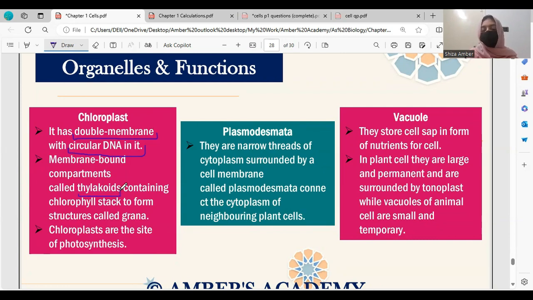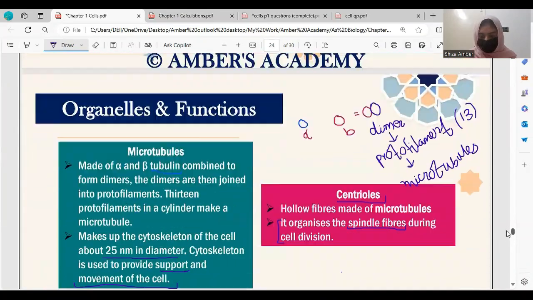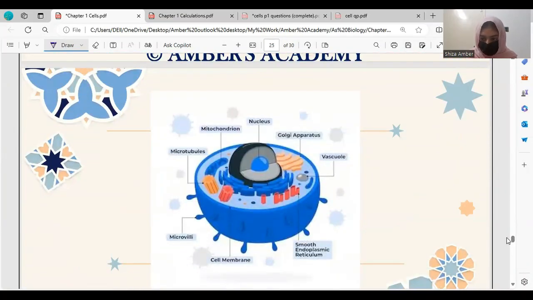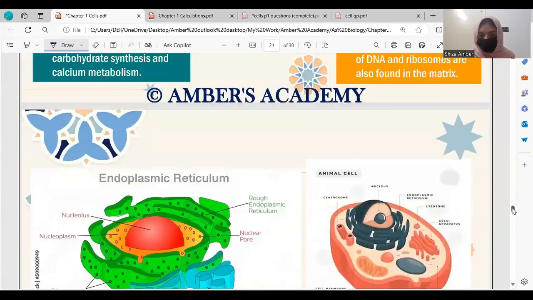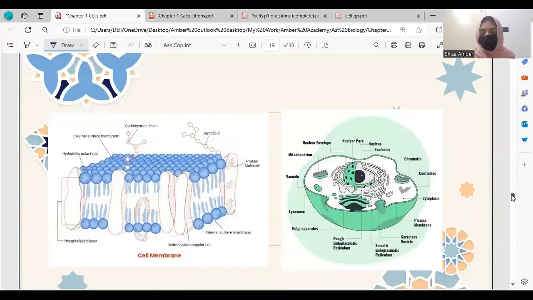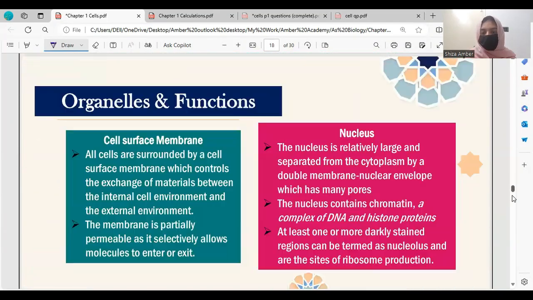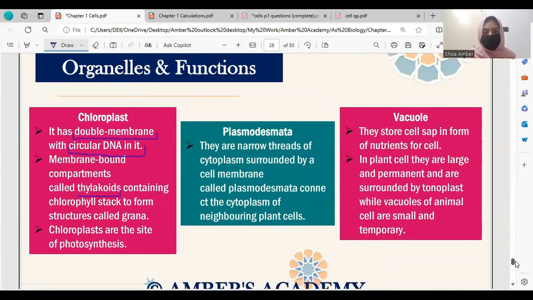Okay, so now I'm going to explain you the difference between thylakoids and grana, because let me see if we have a picture of chloroplast over here. I believe I haven't put up the picture of chloroplast, because we do have a chapter of plants. I think we have a chapter of plants. It is, I think, chapter number 7 or so. So we'll discuss it there as well. But in order to explain you, I can tell you one thing that okay. So chloroplast has thylakoids and grana. Okay, if this is a chloroplast,